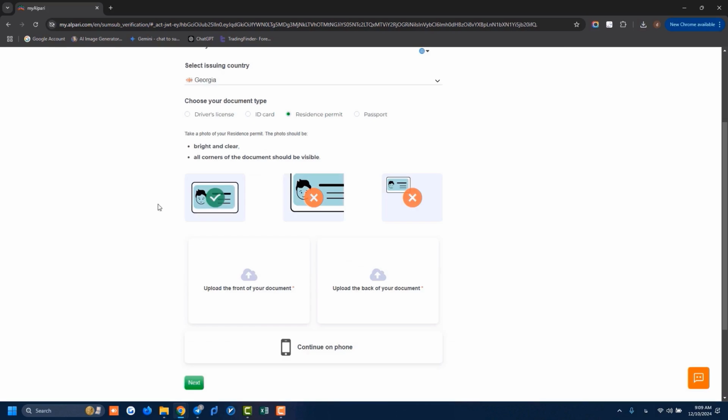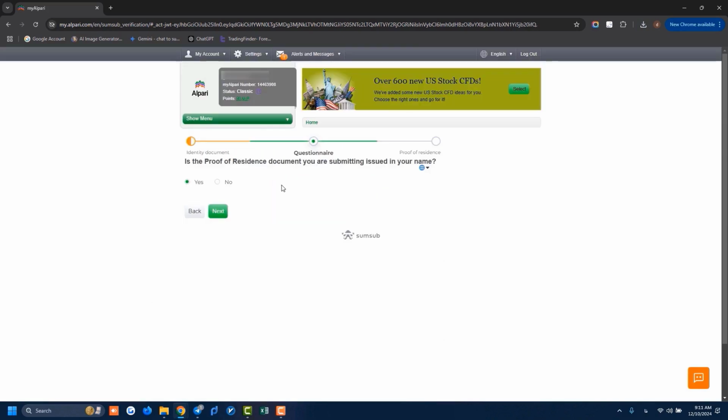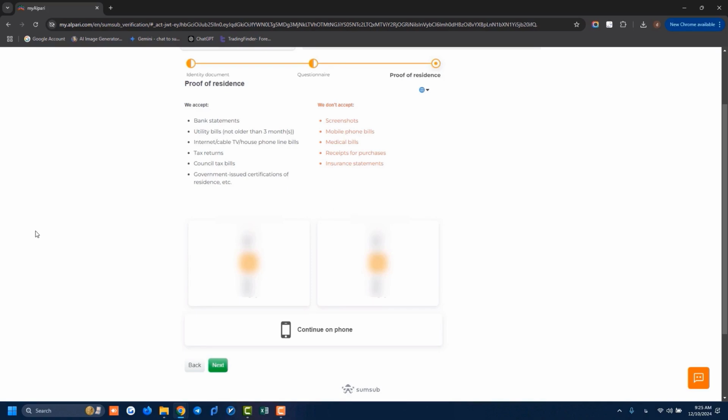On this page, upload the front and back of your document. After uploading, click Next. On the next page, indicate if the document for proof of residence is in your name. Provide a document related to your residence, such as a bank statement, bills not older than 3 months, or government documents confirming your residence. On this page, as you can see, we need to provide a document related to our